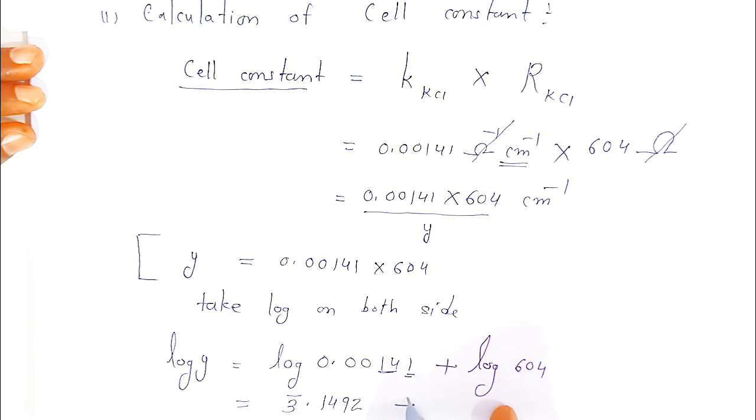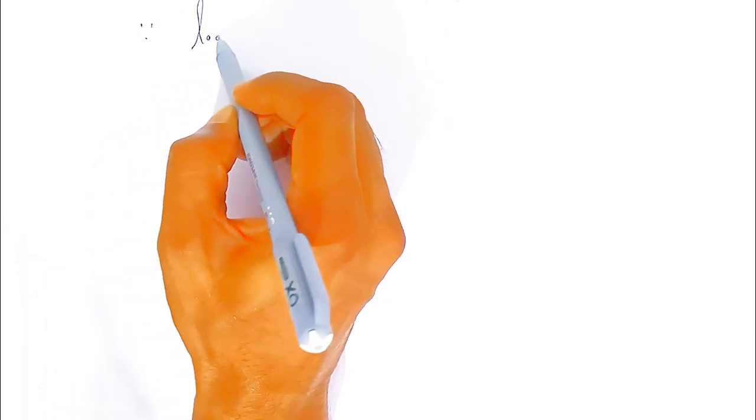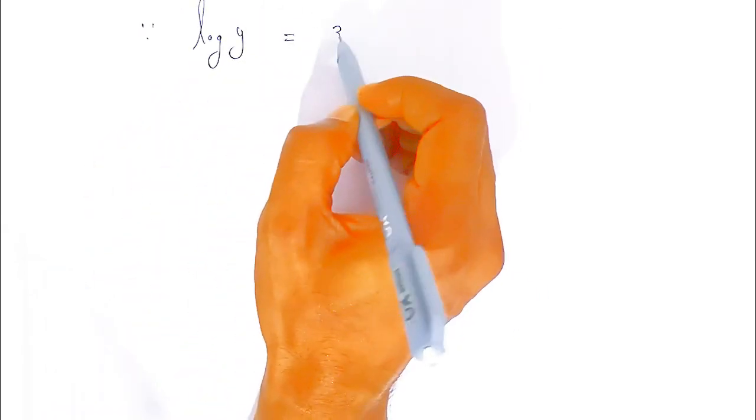Now the plus will be as it is. Now what will be the characteristic of 604? Because all are positive numbers, how many digits? 3 digits. 3 minus 1 will be 2. Decimal. Now in row 16, in the fourth column of the log table, you will find 7810. Now you know that log of y is nothing but 3 bar plus 0.1492